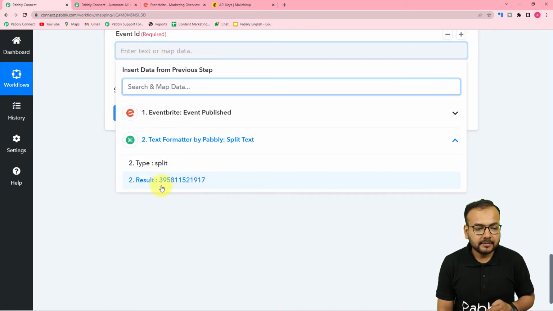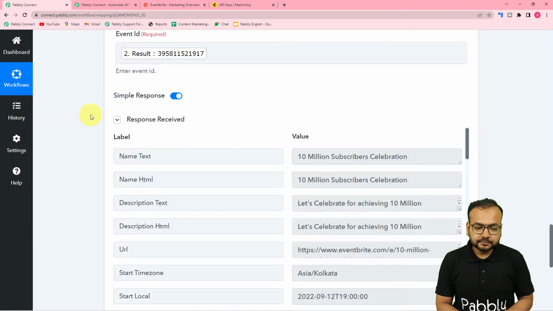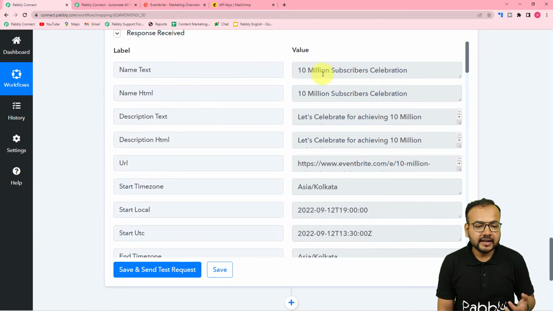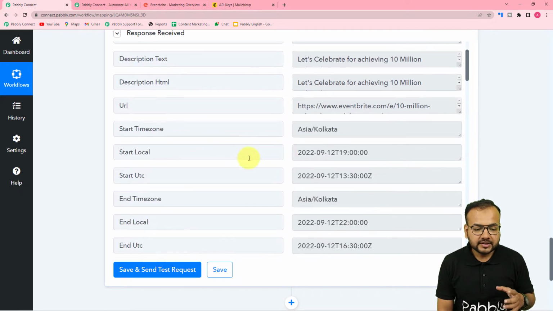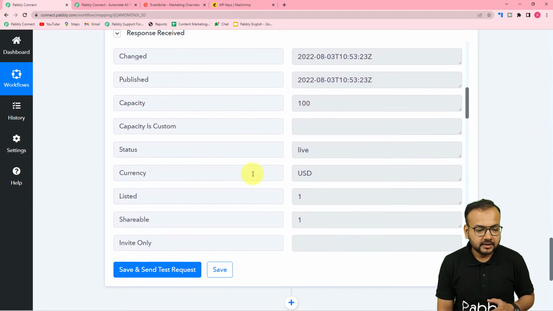From the second step, map the label. Okay, now click on save and send test request. And here you can see we got the details of the event like this. It is showing the name of the event, the description of the event, the start date and time of the event. Okay, and the status is